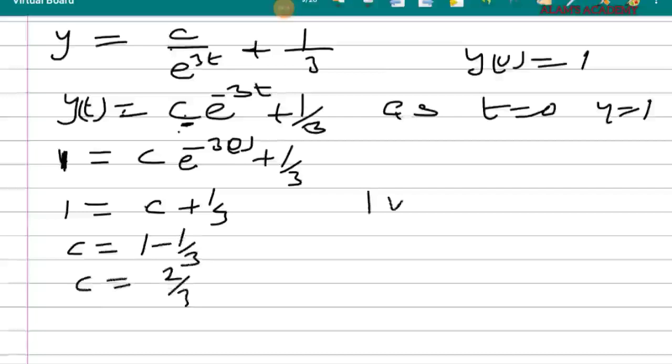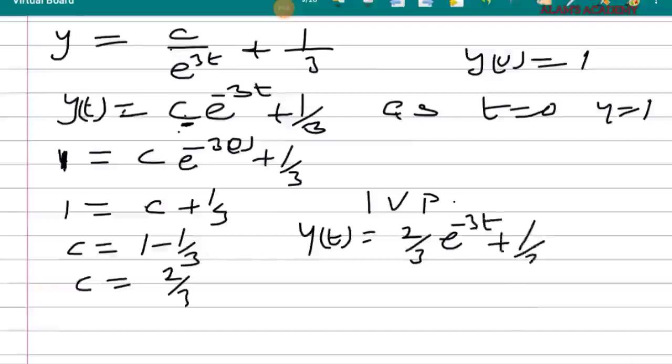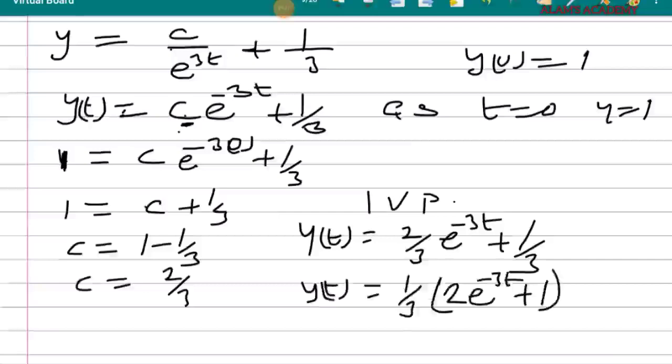Now the IVP of the equation will be y of t equal to, c is 2 over 3, e exponent negative 3t plus 1 over 3. Hence our solution is proved. If you want to go further, you can factorize 1 over 3 out, leaving 2 e exponent negative 3t plus 1 in the bracket, and you are still correct